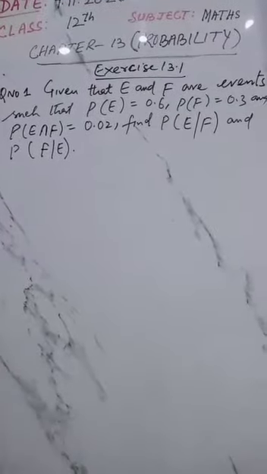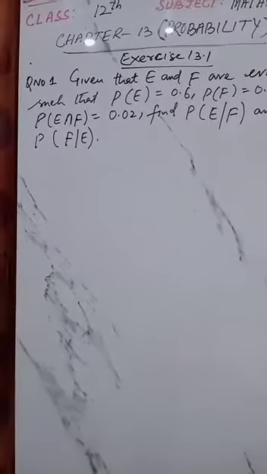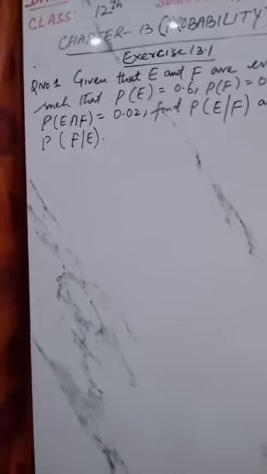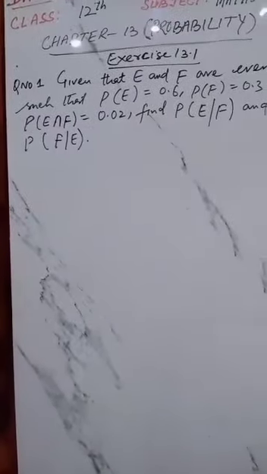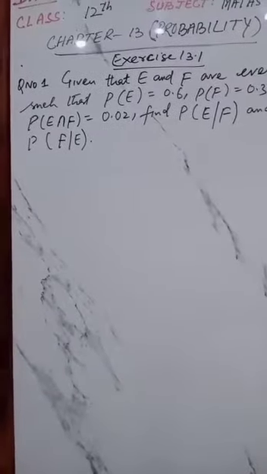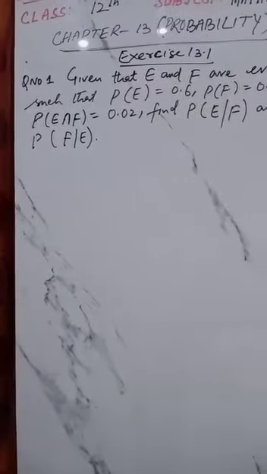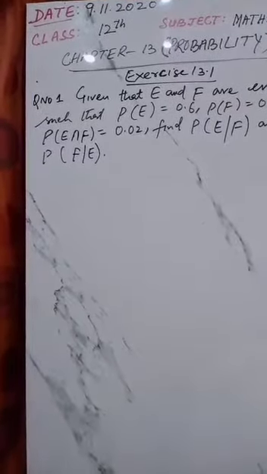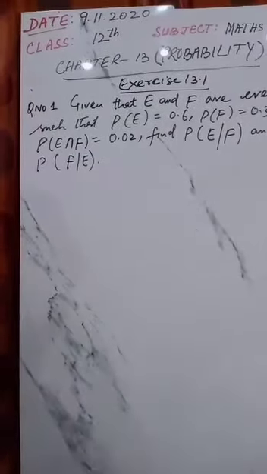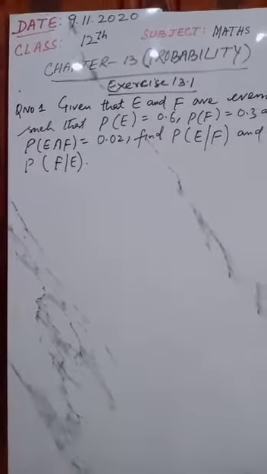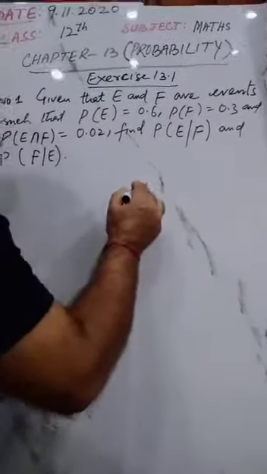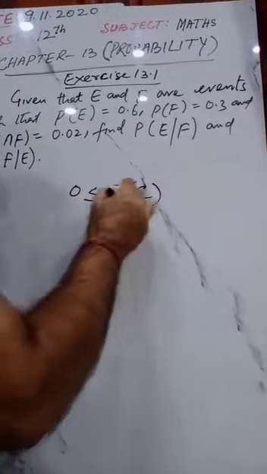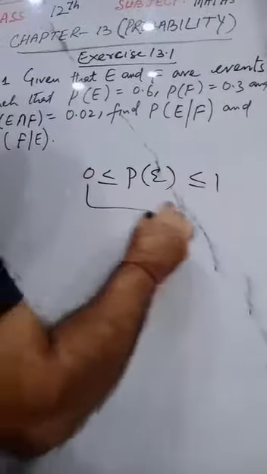Students, class 12th. In this video we are going to solve some questions based on probability. As you have studied in earlier classes from 9th onwards, the chapter probability, that is uncertainty, the chances. Now, you have also studied that the probability of an event always lies between 0 and 1, including 0